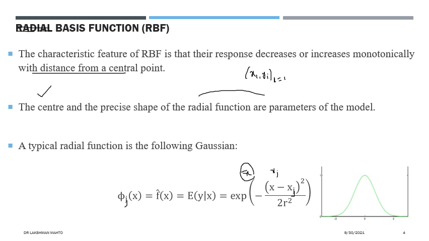A radial function takes a Gaussian structure, because it is defined from the Gaussian distribution. Suppose this is x, centered around xi or xj. Here I have taken the notation xj, so I am calling it xj. Likewise, another data point is here, and then you will get a Gaussian like this way. Like this, for xj plus 1, it would be for xj plus 1.